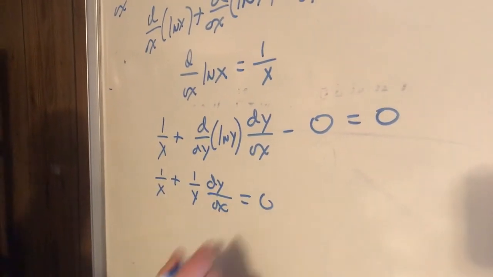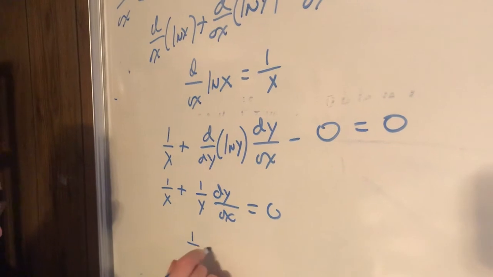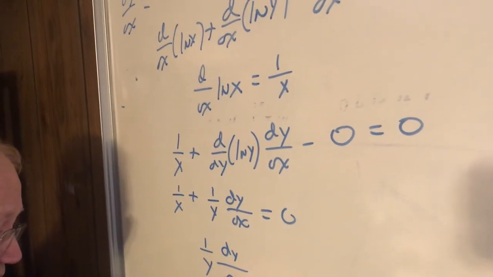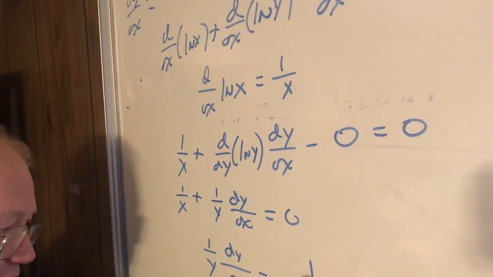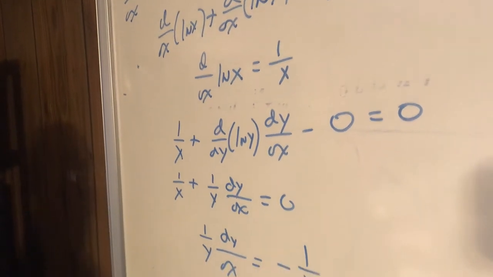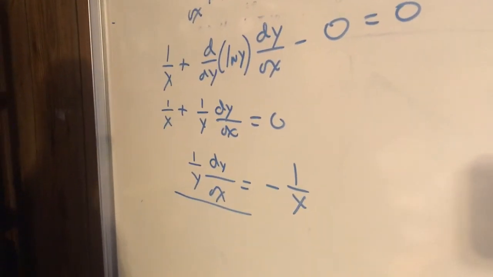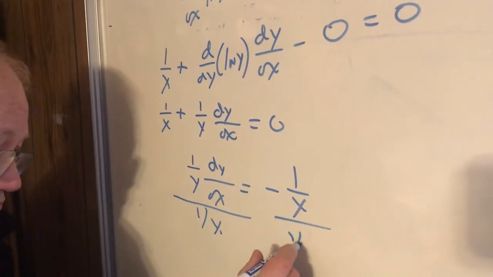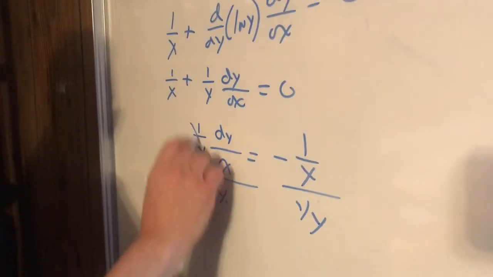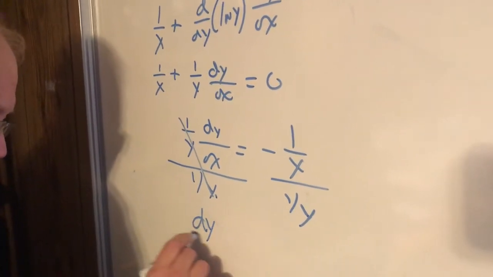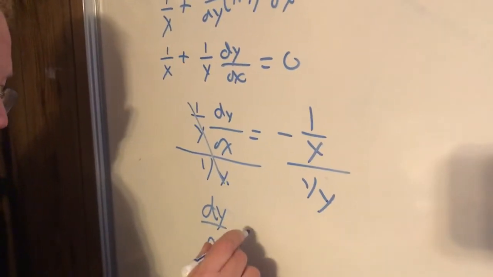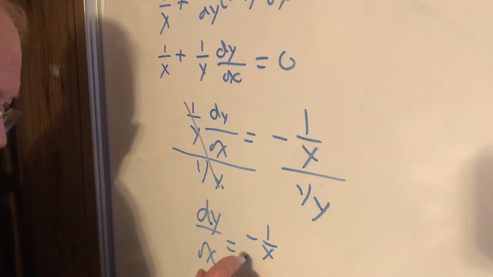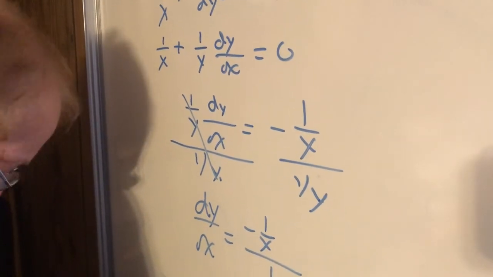Bring the x over to this side. dy/dx equals minus 1 over x. Divide both sides by what? 1 over y. It crosses out. dy/dx equals minus 1 over x over 1 over y. Now,